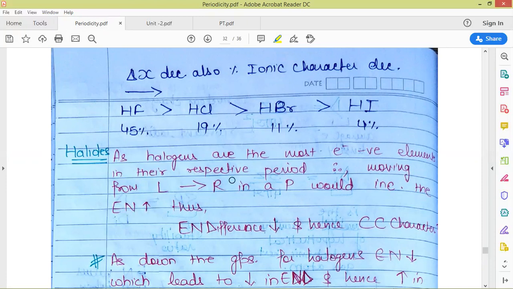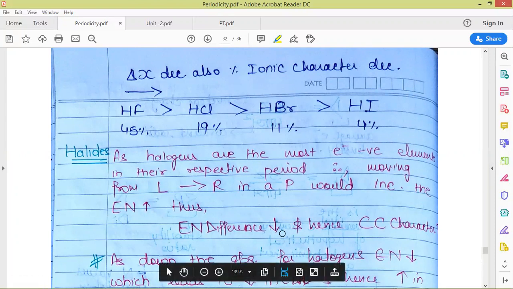So if we are talking about elements present in the same period, say the bond of some group 16 element and group 15 element with that of group 17, that is halides, then that means as we are moving from left to right, the electronegativity difference is decreasing in comparison to the electronegativity difference between group 1 and group 17, as electronegativity is increasing as we move from left to right in all the periods. So